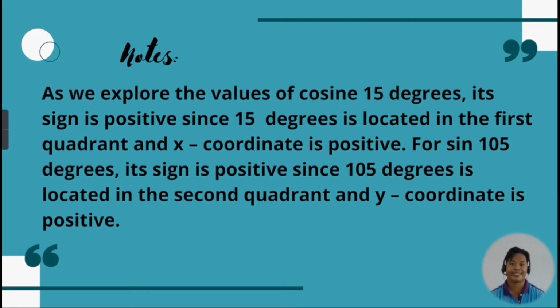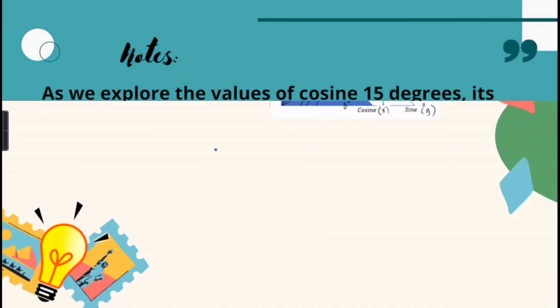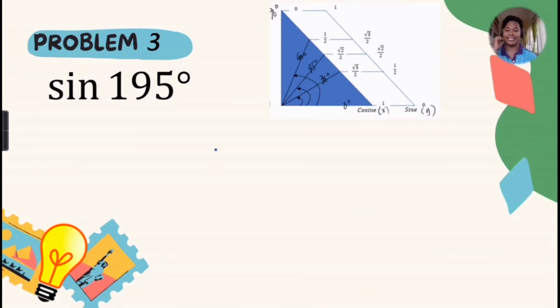So we recall the sign of the x and y coordinate of the different quadrants that we have in a coordinate plane. To fully enrich your skills in calculating the exact value of the sine and cosine functions, let's try